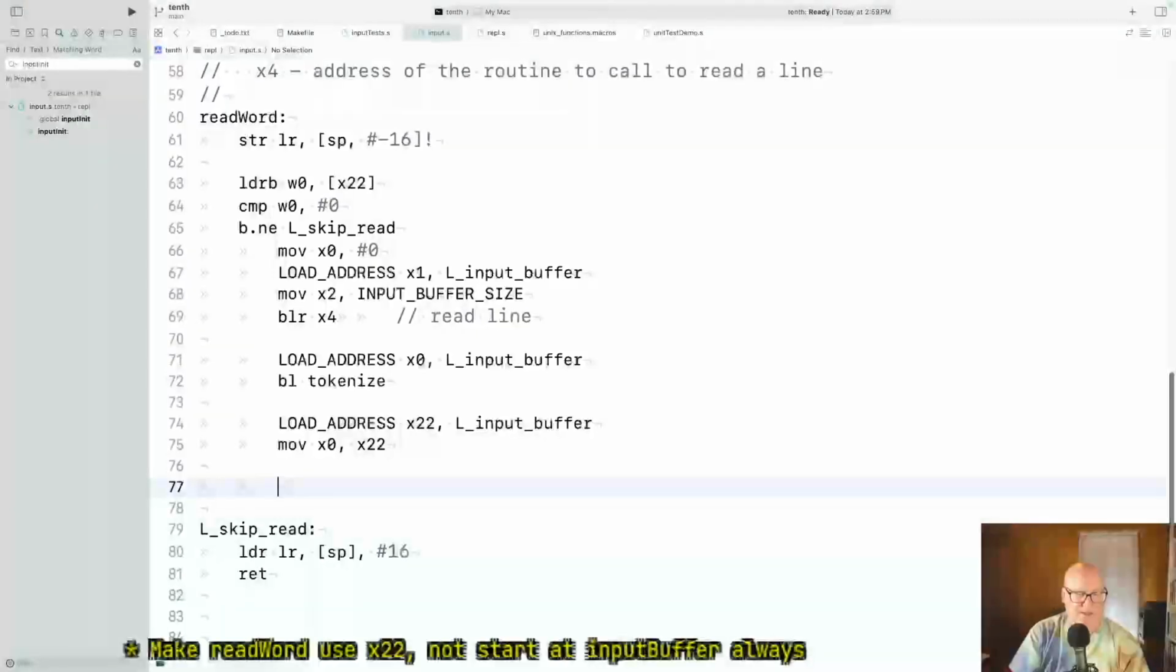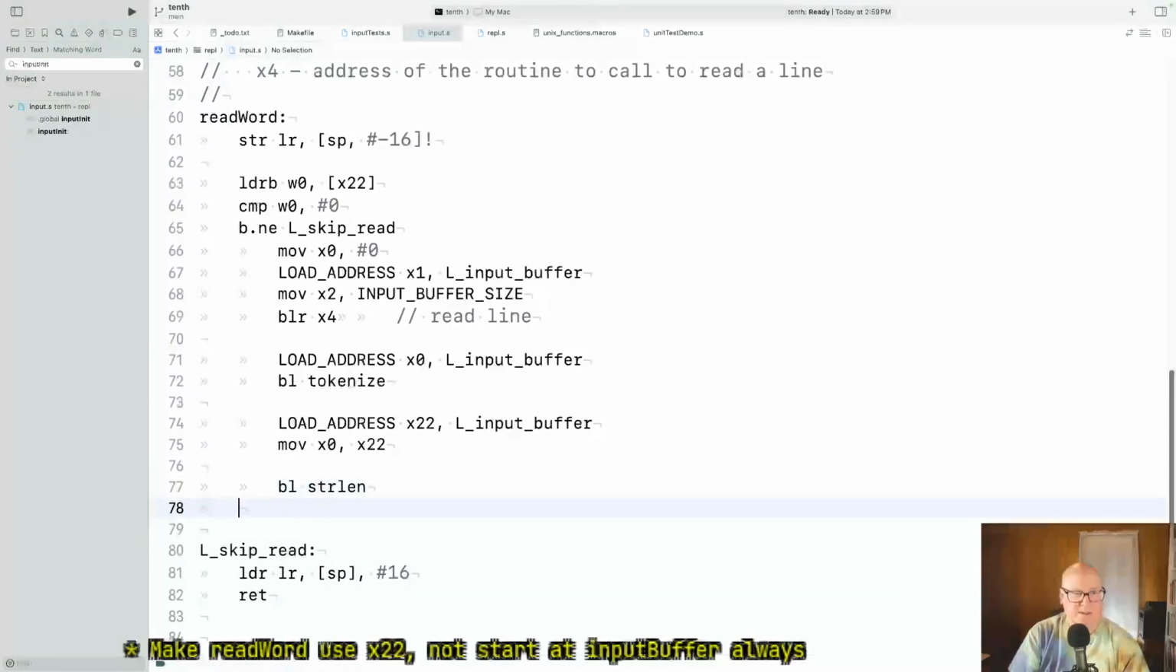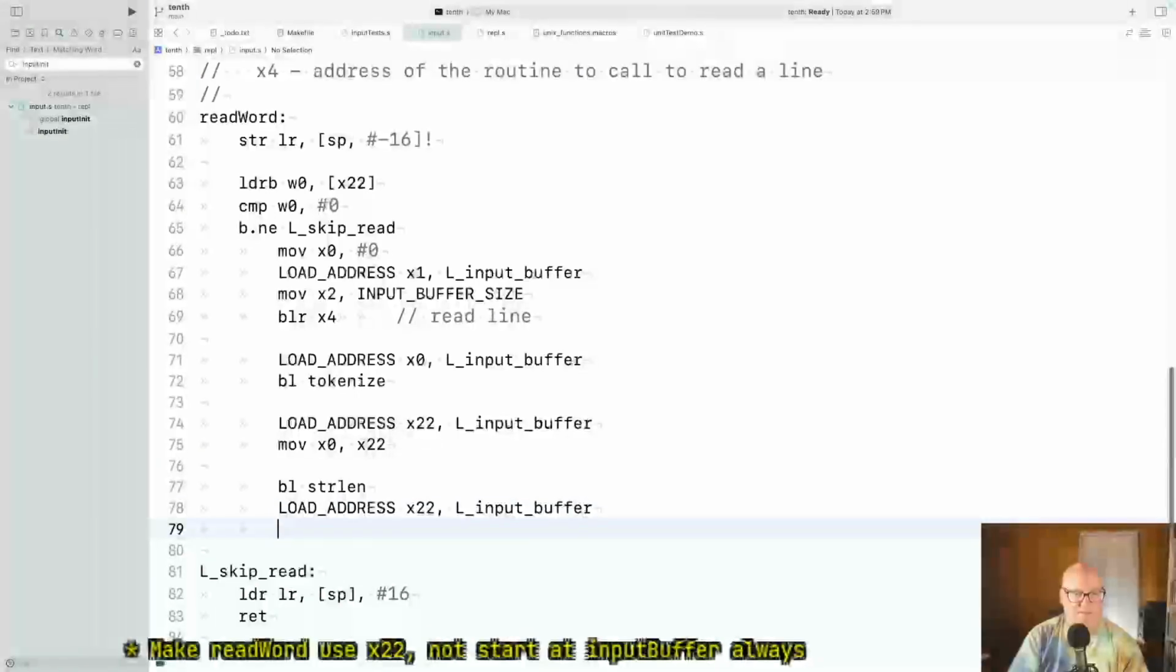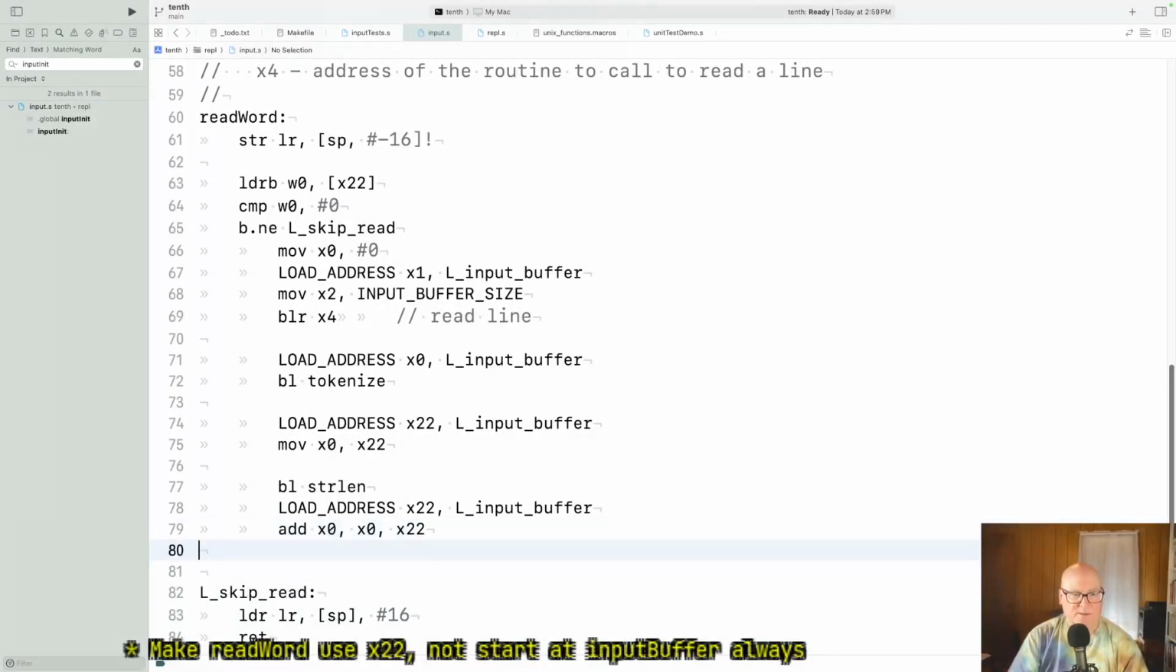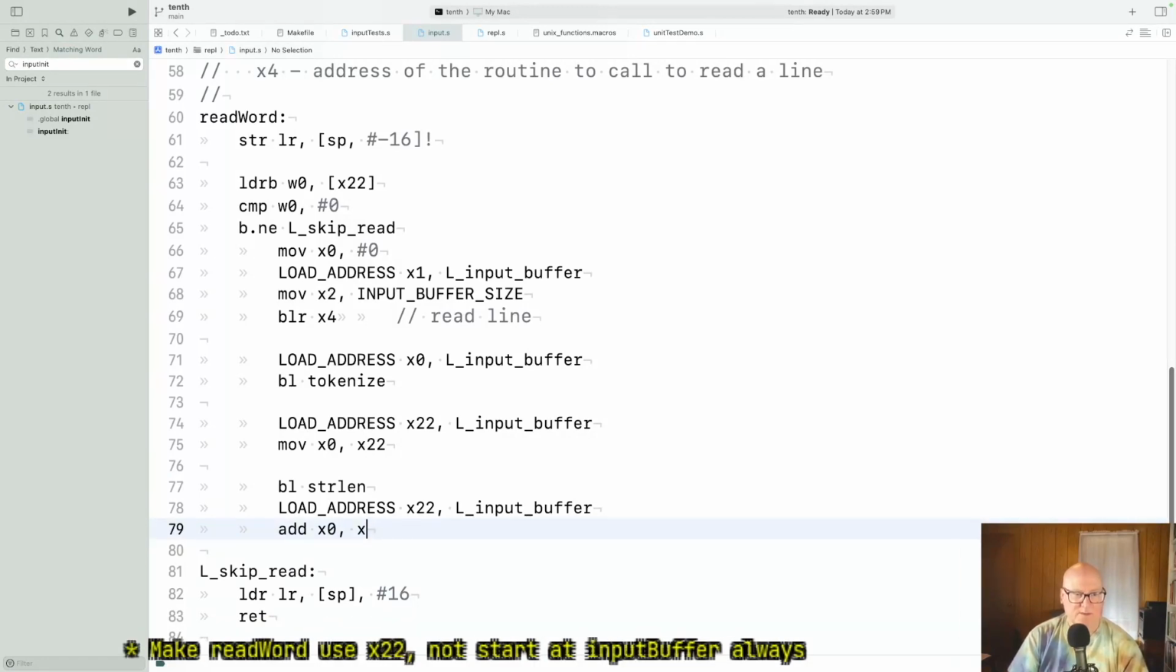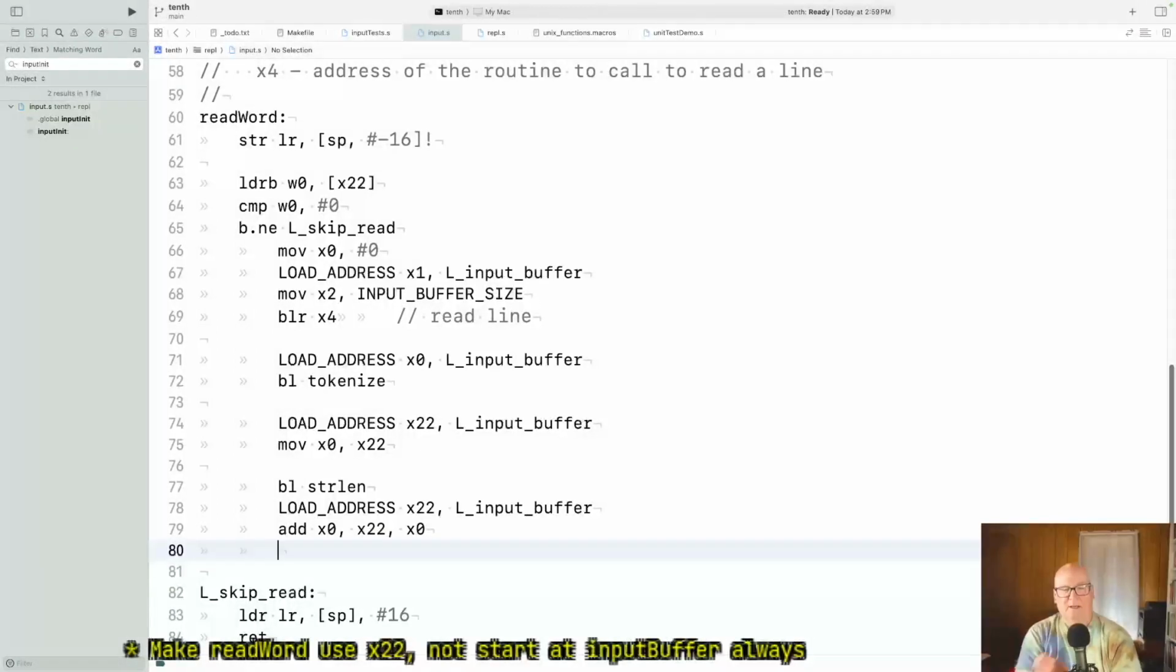String length. X0 gets the pointer to the word, call string length. X0 is now the length of the string. I don't know, I just kind of want to get through it. X22 gets input buffer. Add X0 gets X0 plus X22. Well, maybe that's more sensible the other way. X22 plus X0. And now